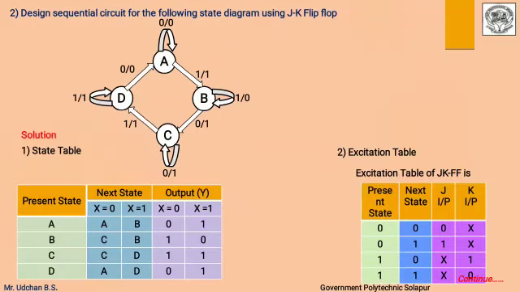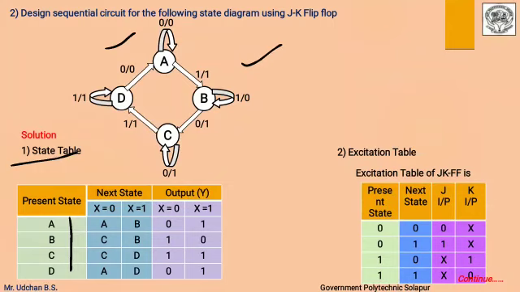Now we will see the next design problem. In this, again a state diagram is given. From that we have to design the state machine for the Mealy model. So from this state diagram I have to first prepare the state table. There are 4 states A, B, C, D written over here. Now I will observe how the present state goes to the next state for the values of x, and I will write down the respective values of output y.